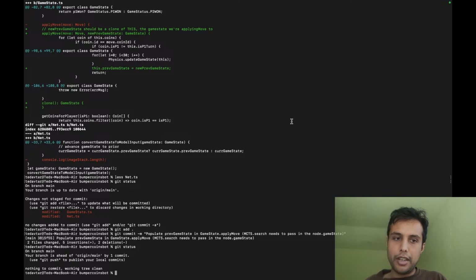Now the one kind of upsetting thing is we will have to change MCTS.ts, but that's just how it works, because Connect 4 does not need more. The game state representation is just the configuration of the chips, the coins, whatever, the cells. It's either empty, has a red coin or a blue coin, right? That's all it cares about.